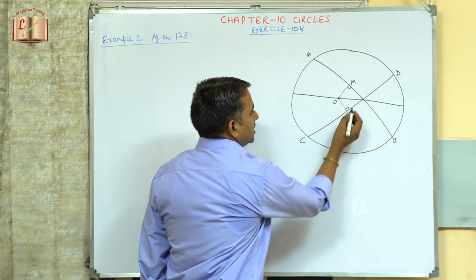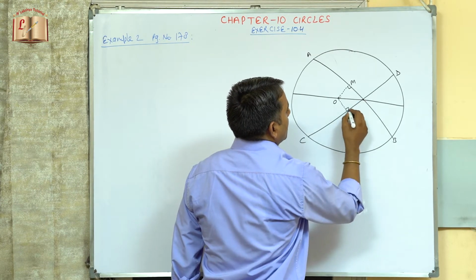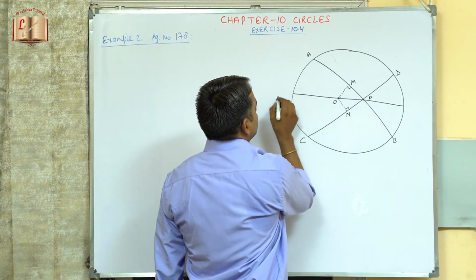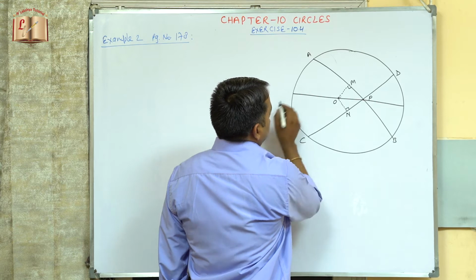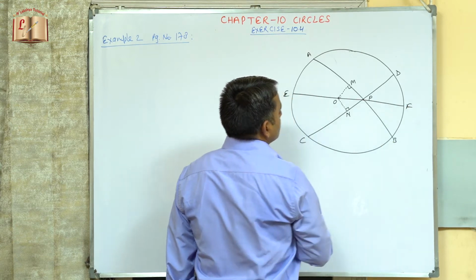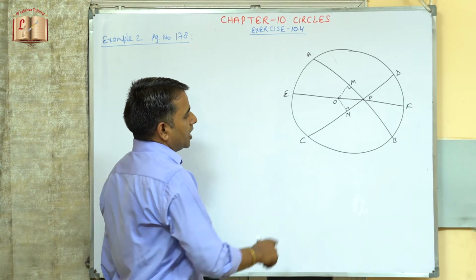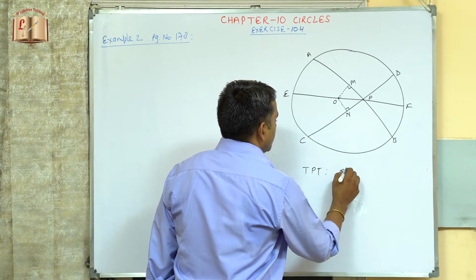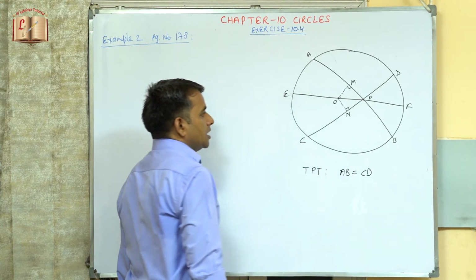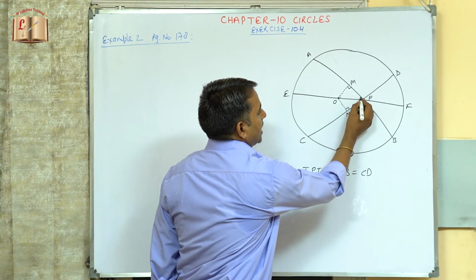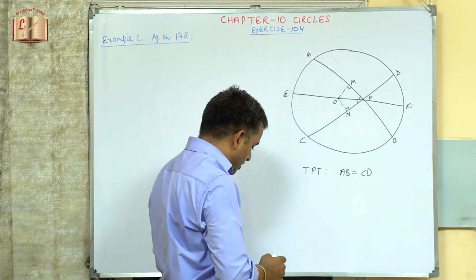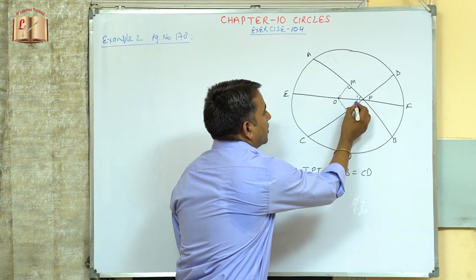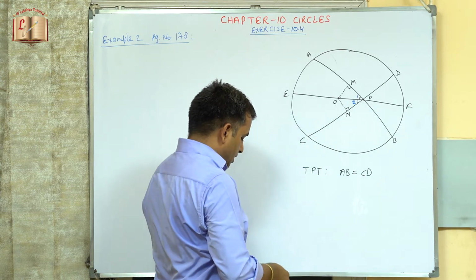So AB and CD, these are the two chords, and this is suppose M, this is now N, and this we can take as P, and this is E and F. Now we need to prove that AB is equal to CD. So first of all, this angle is equal to this angle, this is already given to us. So we can mark this side, this is angle 1 and this is angle 2, this is equal already given to us.